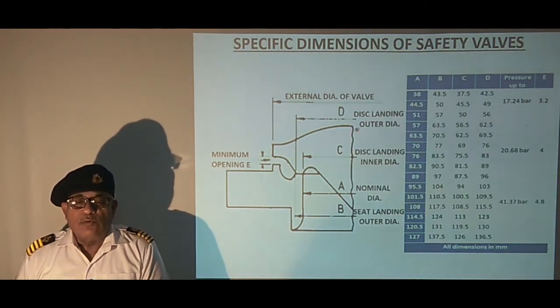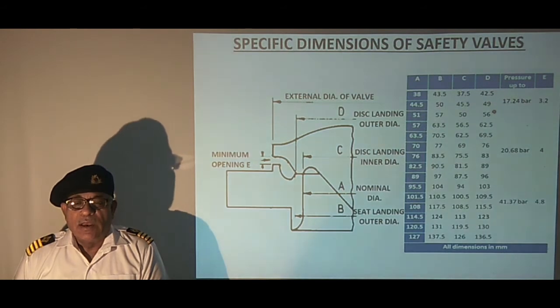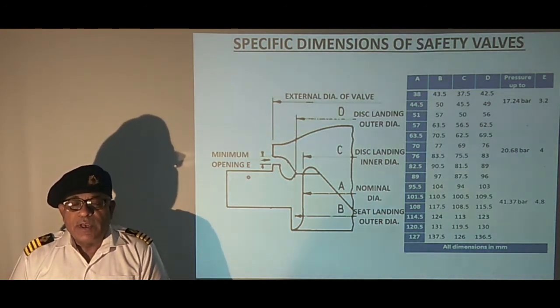Here we can see the valves ranging from 38 mm, which is the minimum size, up to 127 mm, and they are applicable for various pressures. This group is for 17.24 bar, this group is for 20.68 bar, and the last group, which is shown over here, is for 31.37 bar. And this dimension E is very important, which is the minimum opening, and this opening must always be more